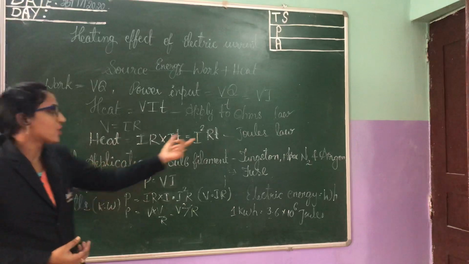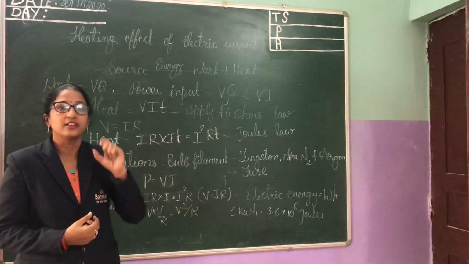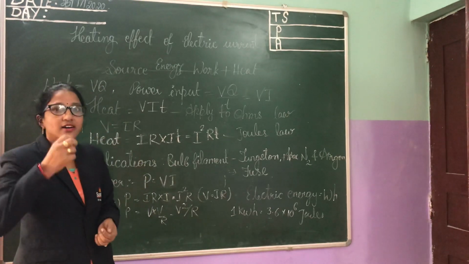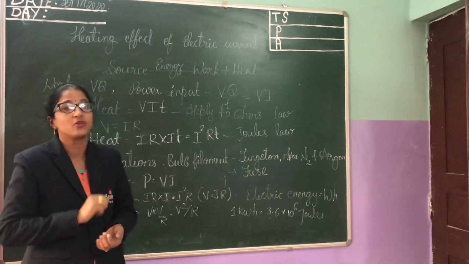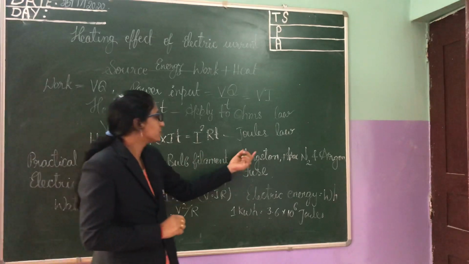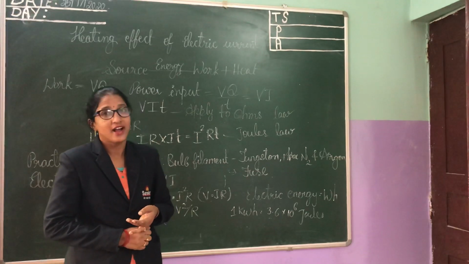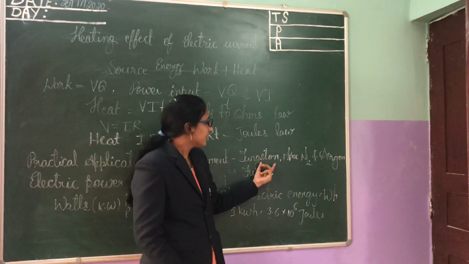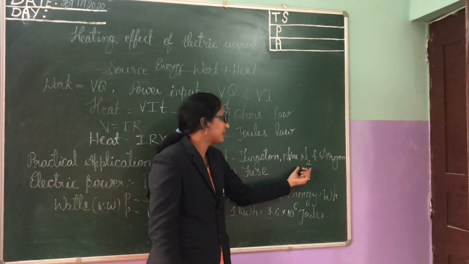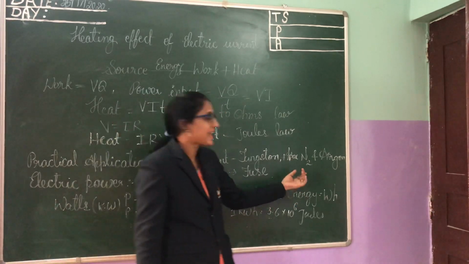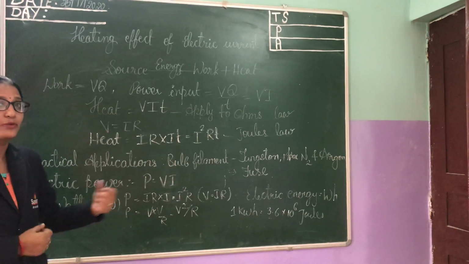Joule's law is used in bulb filaments. We know that the bulbs which we use in our homes glow after getting some heat. But the filament will not melt because it is made of tungsten metal, which is a strong metal having a very high melting point. To protect this filament inside the bulb, they fill it with chemically inactive nitrogen and argon gases. They will not react with the tungsten filament and they protect it.